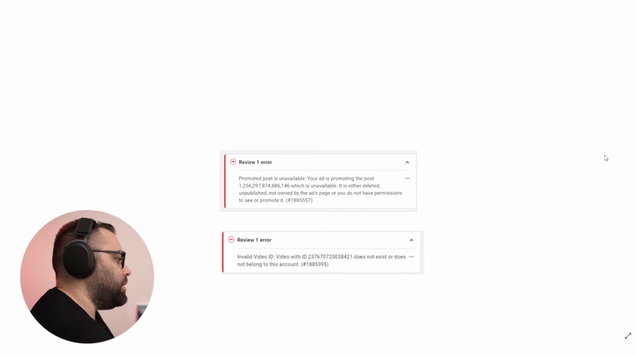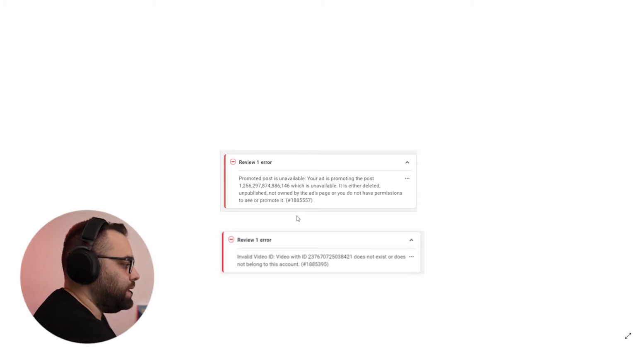This is the error that I'm seeing. It's the error hashtag 1885557. It says promoted post is unavailable. Your ad is promoting the post, this number, which is unavailable. It is either deleted, unpublished, not owned by the ads page, or you do not have permissions to see or